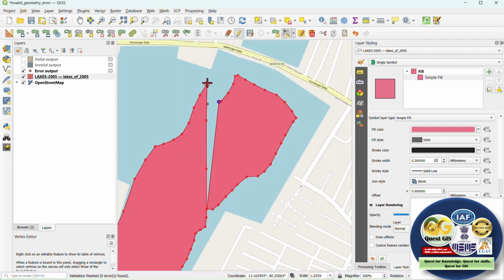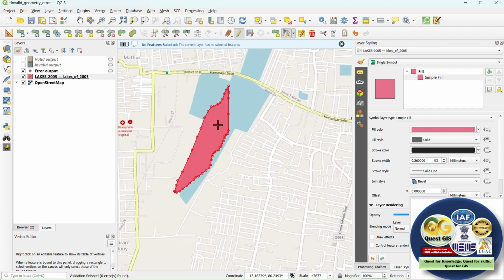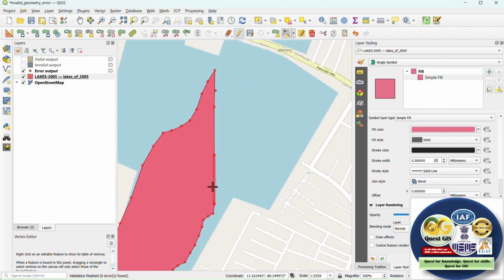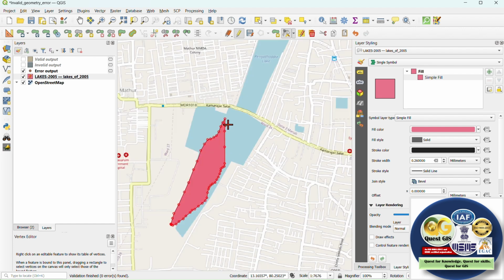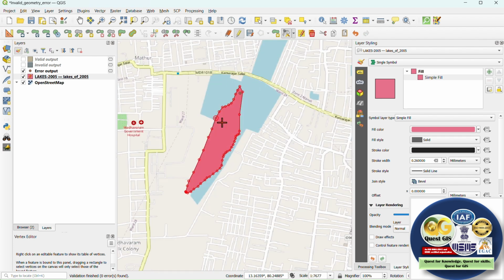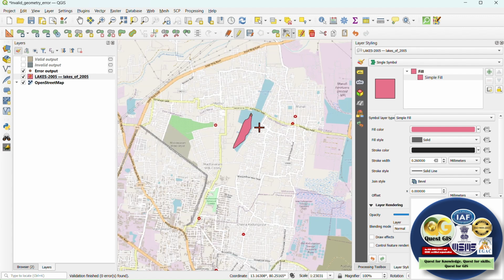Let's start deleting our vertex. You see, when we are deleting the vertex, this entire feature is deleting. Maybe because this lake was in two parts, the person overlapped it and didn't make it in the second part. So please make sure you don't make such mistakes again. This video is for everyone, and this may happen with you in your future work as well. But this is a nice example of how you can solve your invalid geometries in QGIS. I hope this was clear.